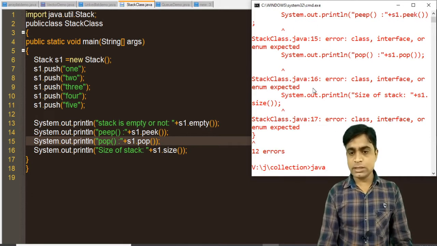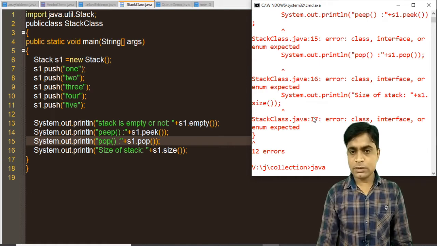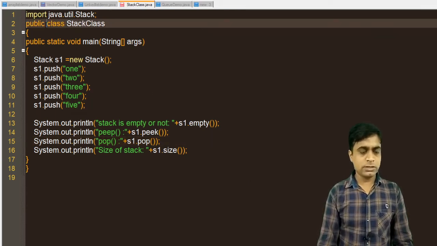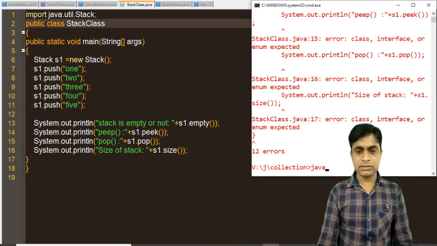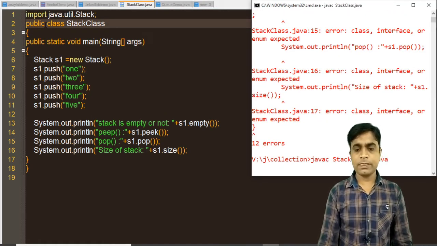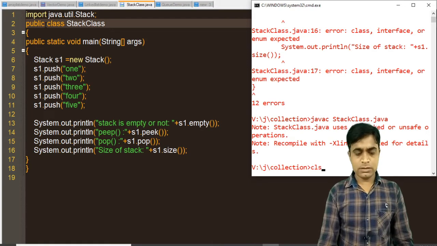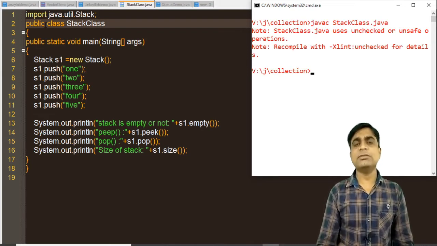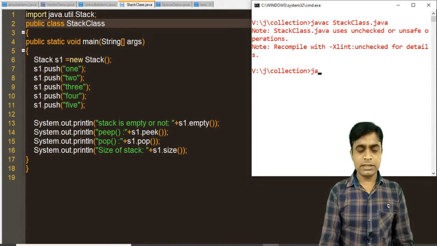Here a list of errors will be displayed. We have not specified the type over here, that's why this will generate an error. Here again we have not specified the type, that's why this message will be displayed, right? Now there is no error.